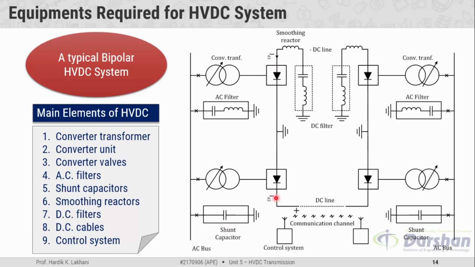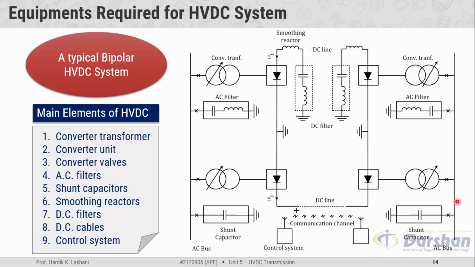Because this is a bipolar scheme, we need two units of converters at the sending end side. Output of the converter goes to the DC line, but before that the smoothing reactor and the DC filters are connected. At the receiving end side, again the DC filter and the smoothing reactors are present. Thereafter, inverter units, converter transformers between inverter and the AC bus, AC filters and the shunt capacitors are also present